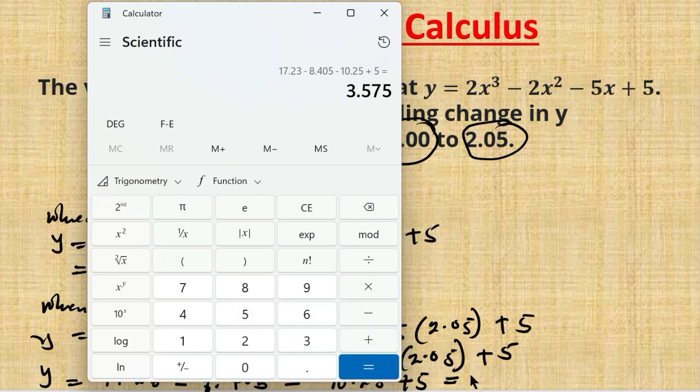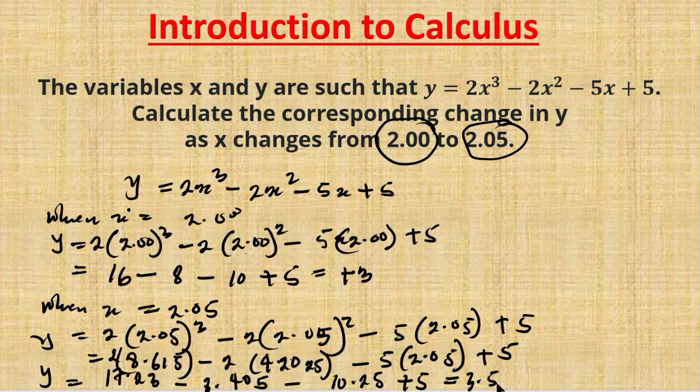That's equal to 3.575. So y when x is equal to 2.05 minus y when x is equal to 2.00